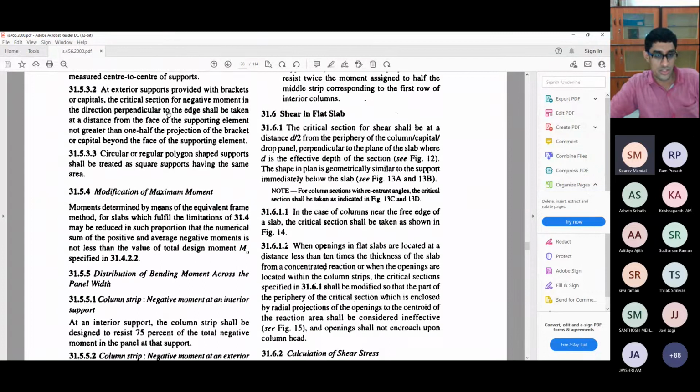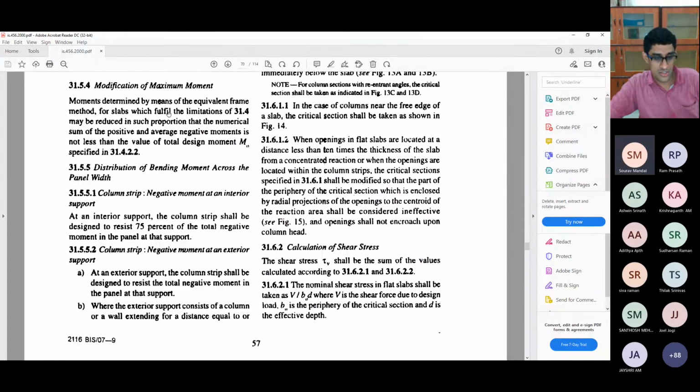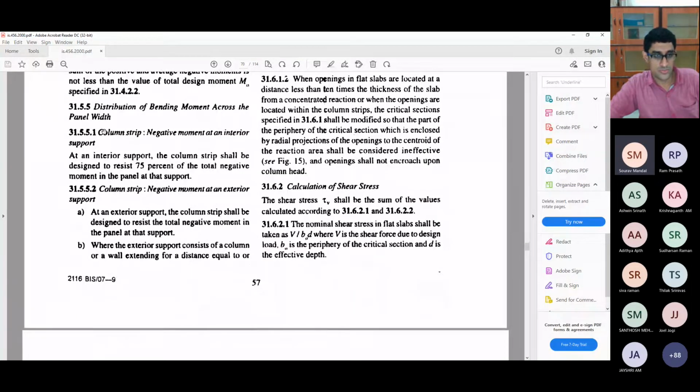Okay, so the next thing which we want to see is this. We found the positive moment as 35% of M0 and the negative moment as 65% of M0. So how much of the negative moment and positive moment do you give to the column strip and middle strip? Those things are specified over here. If you come to the column strip, then the negative moment at an interior support is taken to be 75% of the negative moment. What is negative moment? Negative moment is